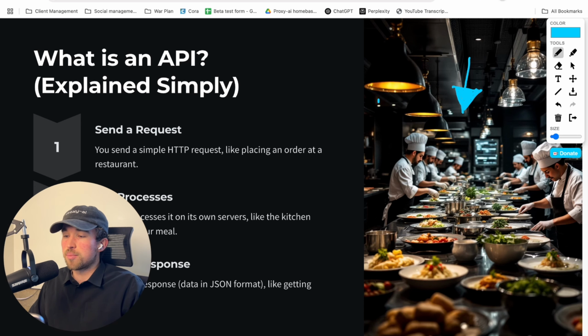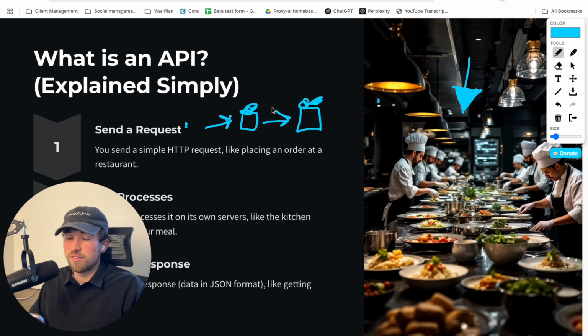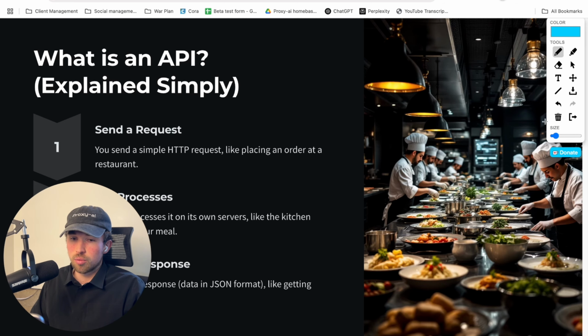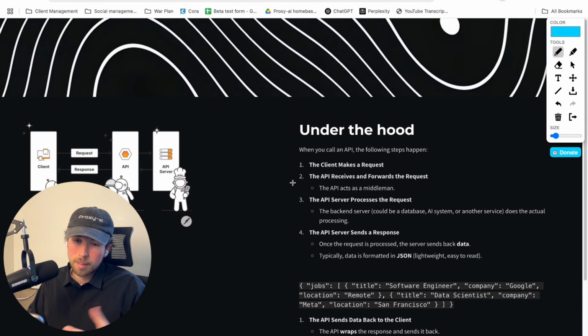So the API is basically like the middleman in conducting this request from your network, your local machine, to the server, to the API, and then to wherever the API is getting its information from. And then if this all authenticates and you have your API key and everything is set correctly, this will come back to you. And if something goes wrong here, that's where you get an error. And again, we'll go into all that. Thanks for sticking around, guys. We'll go into all that, I promise.